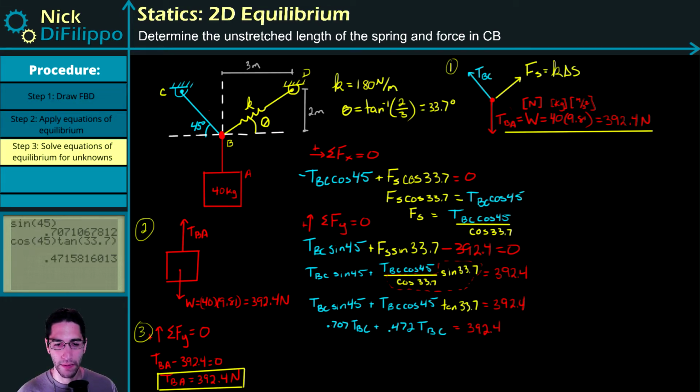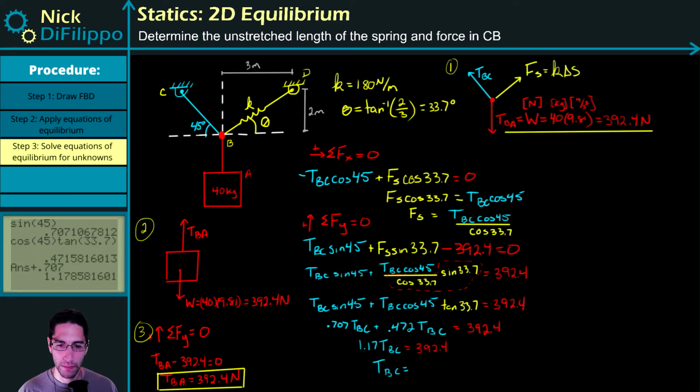We're going to add those two numbers together, so 0.472 plus 0.707. So we'll get 1.17 TBC, which is equal to 392.4. So we get TBC